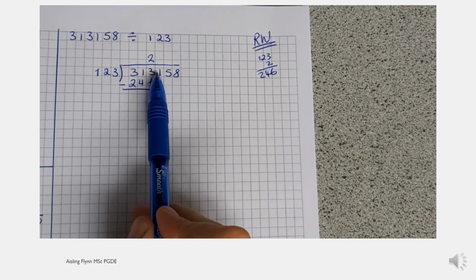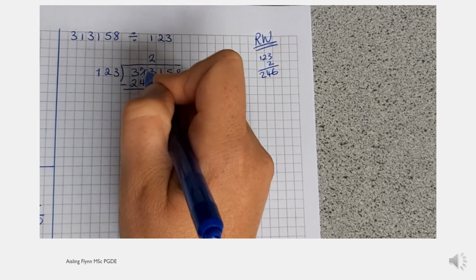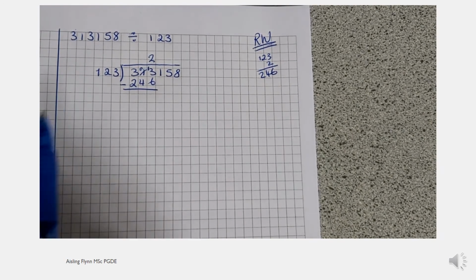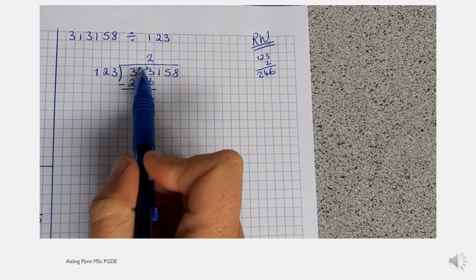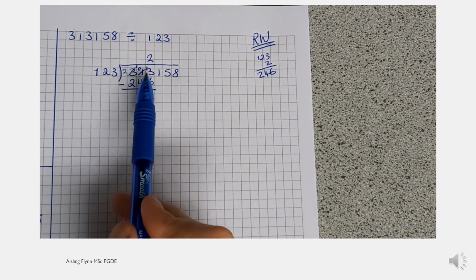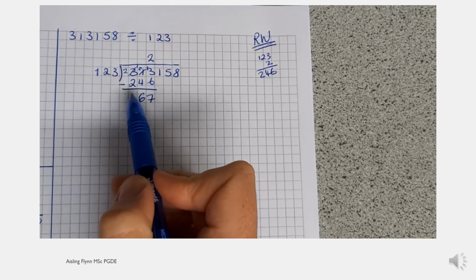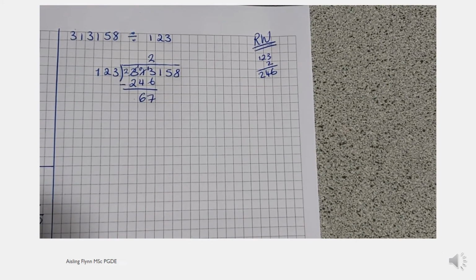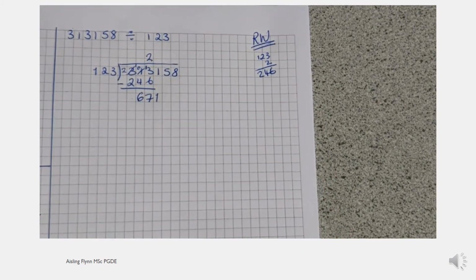Now, 3 minus 6, we'll have to borrow for that one. Okay, look back at your subtraction if you need to. 13 minus 6 is 7. 0 minus 4, again, we'll need to borrow. And 10 minus 4 is 6. And 2 minus 2 is nothing. Okay, so there we go. Moving to the right, we'll now include one more digit. We'll bring down that 1. So 123 into